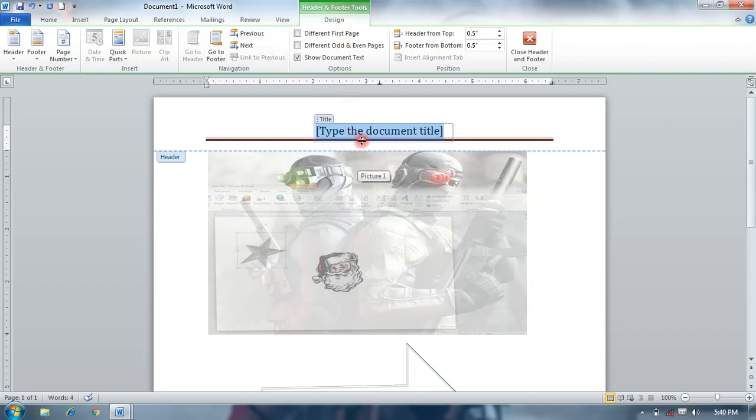When this is selected, the design tools open. So you can change your header and footer alignment.